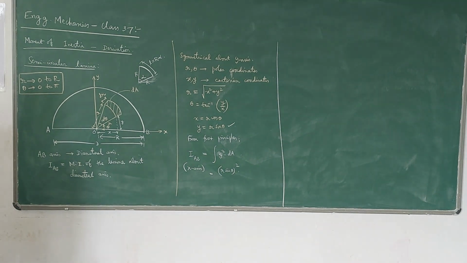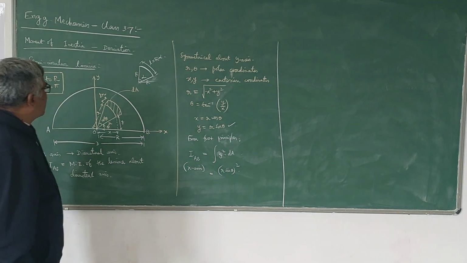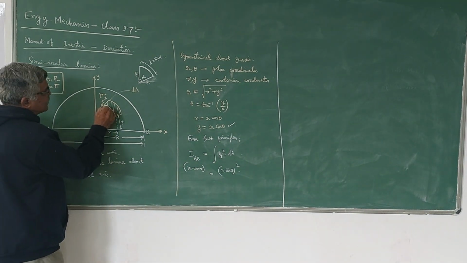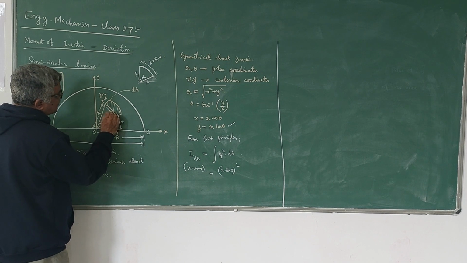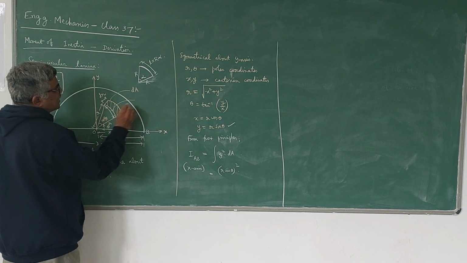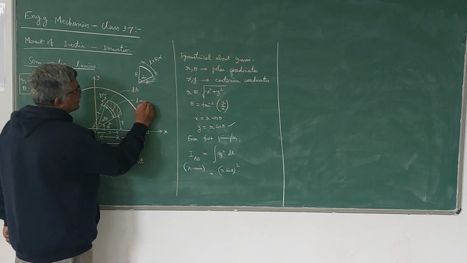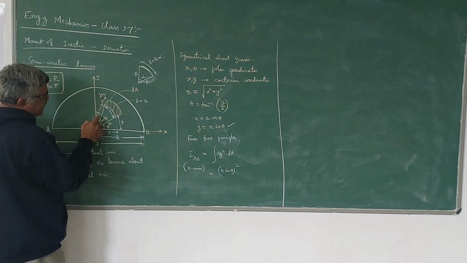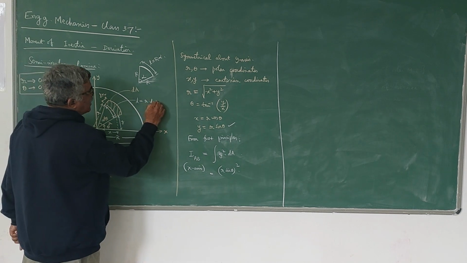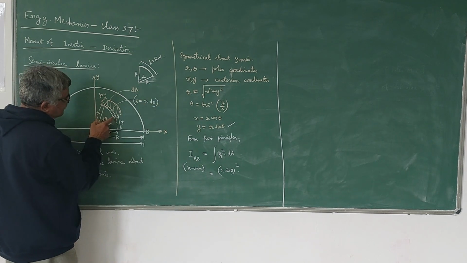So those are things we have learned in trigonometry. Now, according to that, this length becomes L. So that L is equal to r into d theta, where the radius is small r and the subtended angle is d theta. So r d theta is the length of this arc.